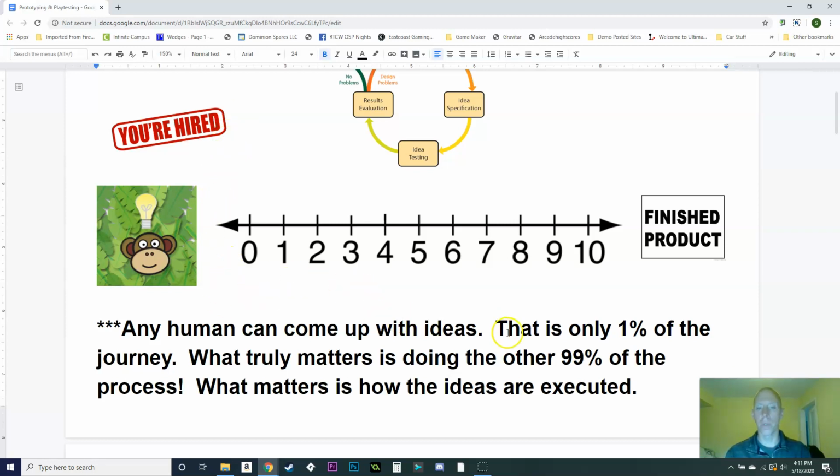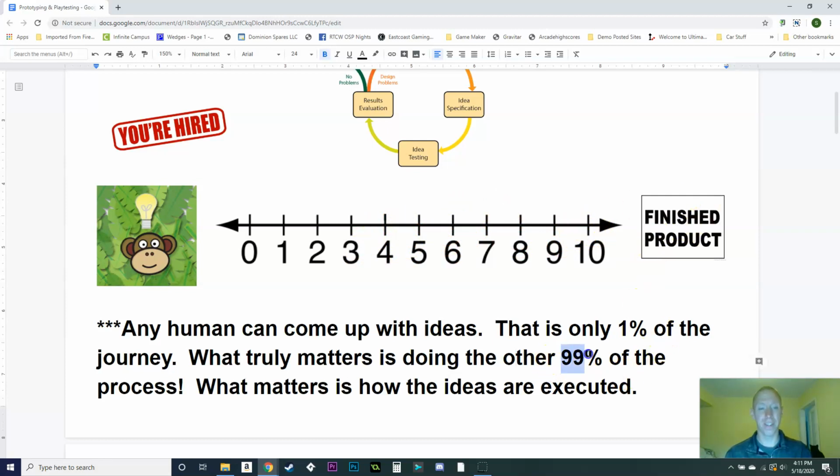It doesn't make sense. What really matters is the other 99% of the journey. Coming up with ideas is really only 1% of the journey. What truly matters is what you do the other 99% of the time: finishing the process, actually executing those ideas, and going through this design process until you eventually end up with a finished product.